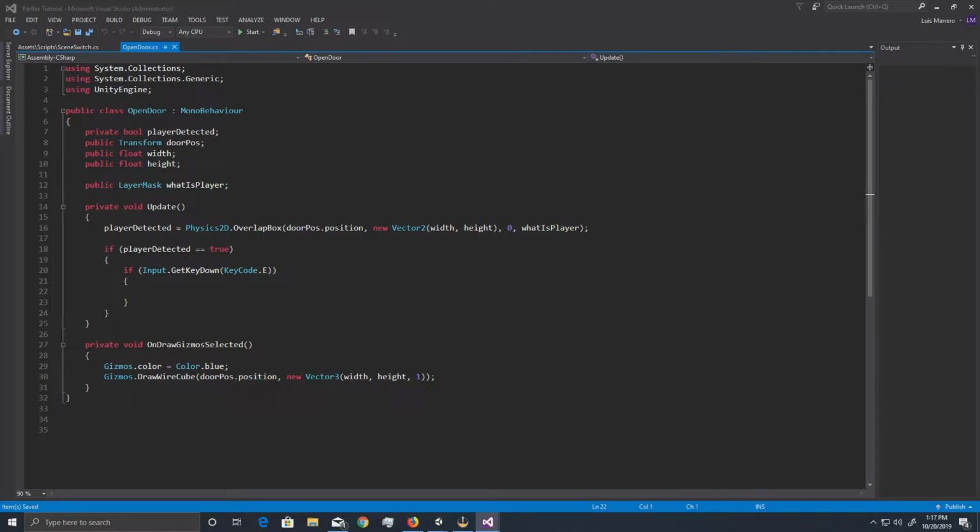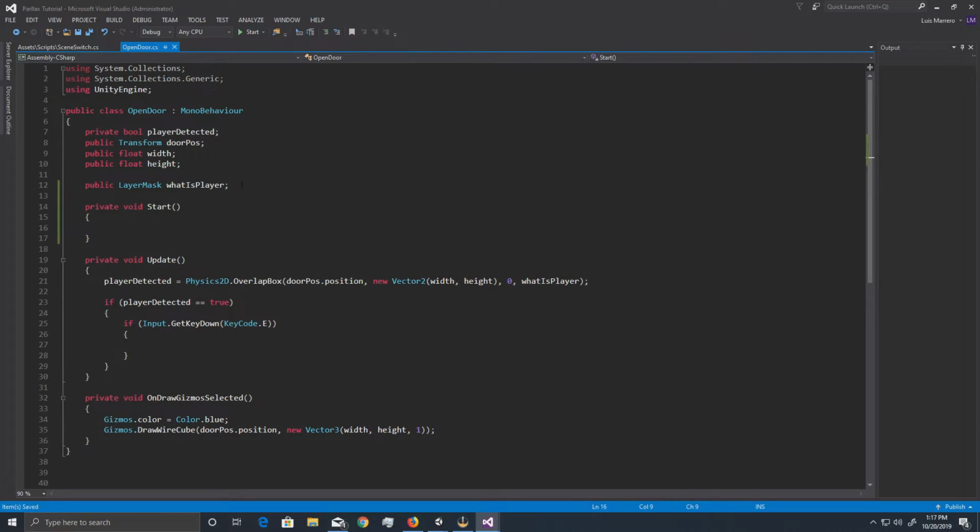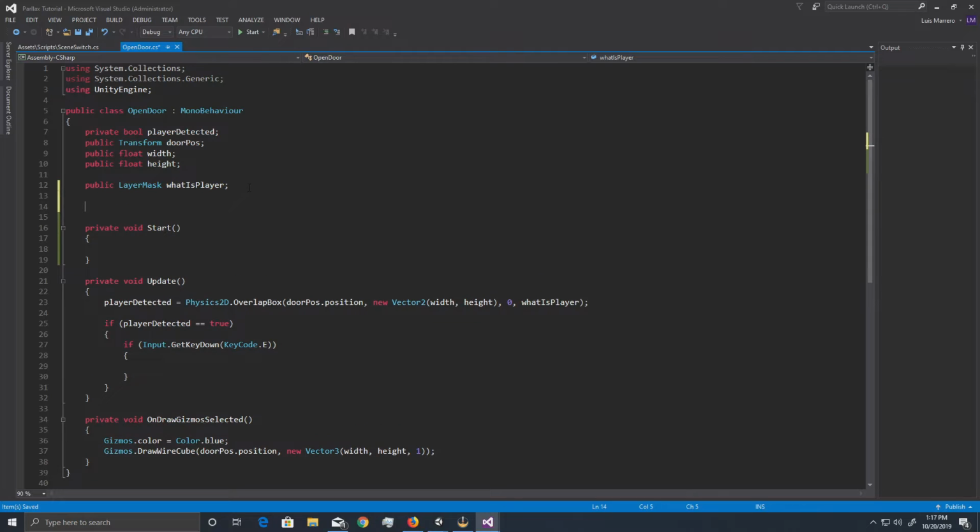And then within here, within this if Input.GetKeyDown statement, you want to go ahead and actually we have to create a start method here. So we'll do private void start. Then within here, you want to basically go up to your variables again, and then you just want to do